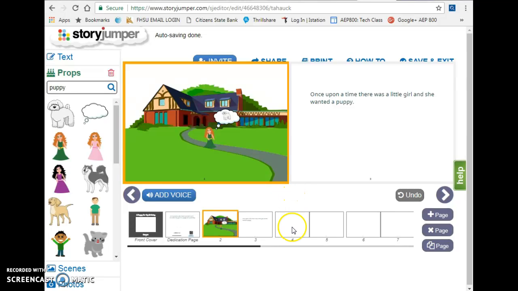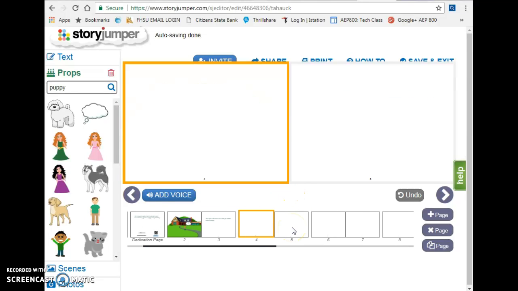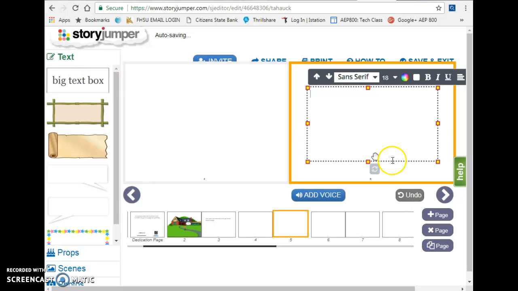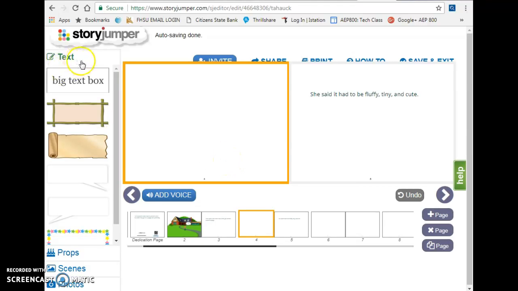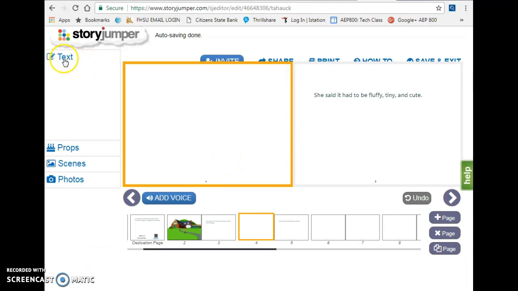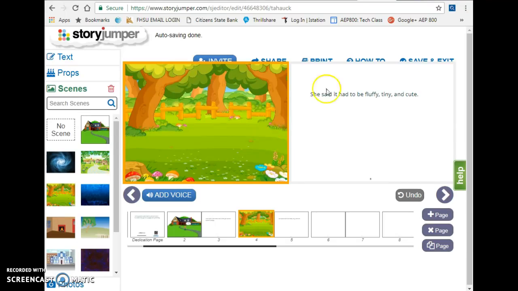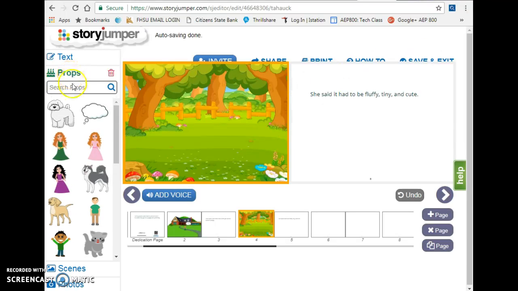And now I'm going to go on to the next page, and for this page I'm going to add a picture. Her next page of text is going to be about what the dog looks like. She said it had to be fluffy, tiny, and cute. So on this page I'm just going to create a scene. I'm going to have a country scene here, and I'm going to add the prop of